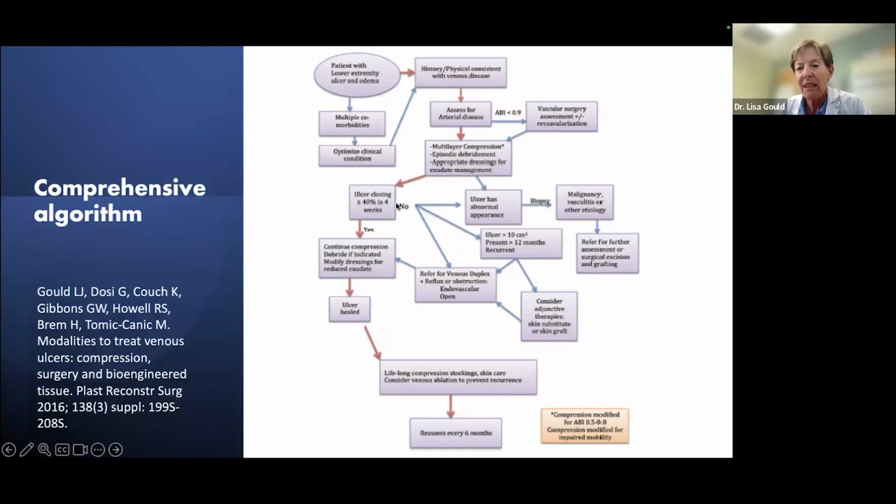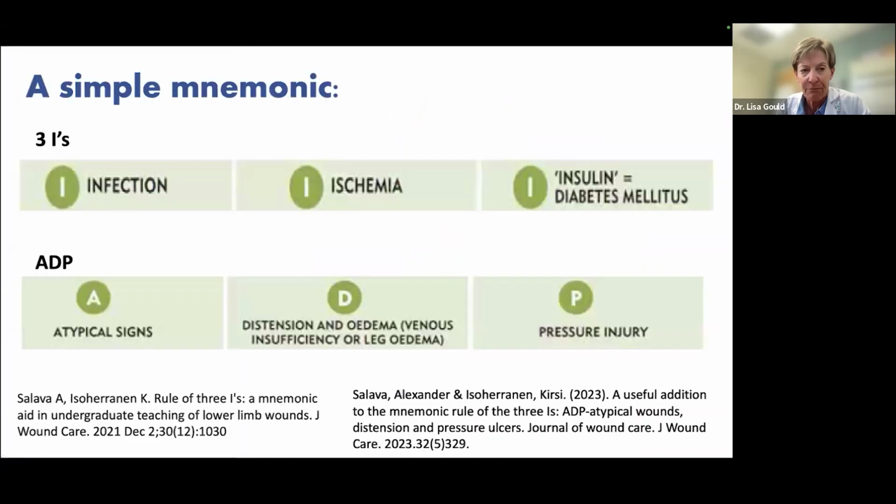If the ulcer isn't healing, you have to start to think about going somewhere else. Does it look odd? Does it need a biopsy? Is it recurrent? Is it so difficult because it has been there forever? Get them into a specialist who can start looking at some of the skin substitutes, skin grafts. And now, this was in 2016. Now we know that they should be referred for venous duplex early, up where we first started thinking about multi-layer compression, because that can help the wounds heal in addition to preventing recurrence.